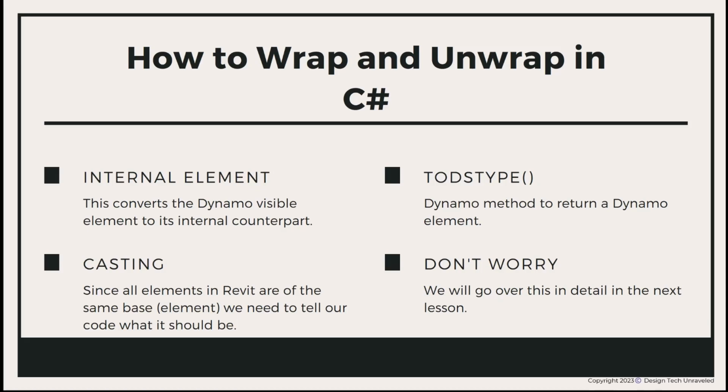Don't worry, this seems like a lot. This lesson's a little bit shorter because we're introducing this topic. In the next lesson, when we're getting elements for Revit, we are going to unwrap and wrap them to interact with them. That way we can start to use API methods. So don't let this scare you. These slides are meant as a supplement for the course. That way you kind of reinforce that wrapping and unwrapping concept as you start to code new nodes for Dynamo